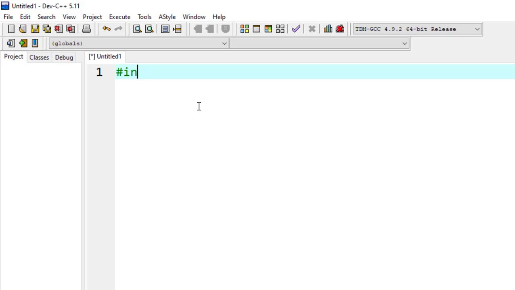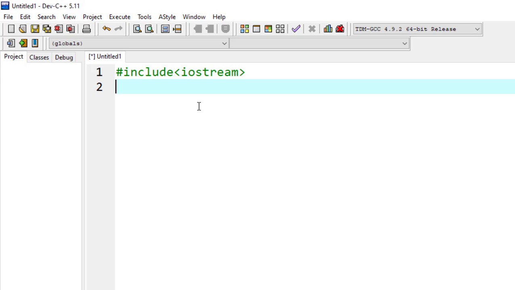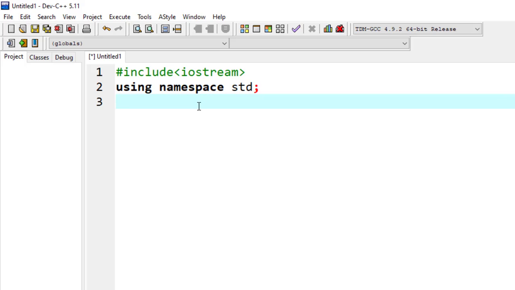So include iostream, using namespace std. Now for this case, I will first of all create my class called